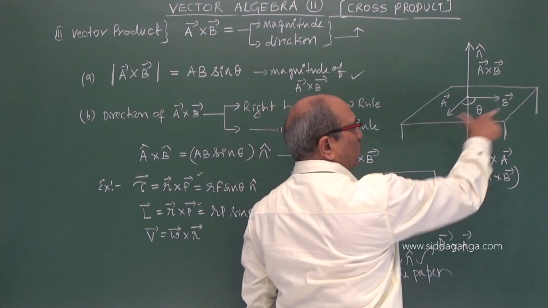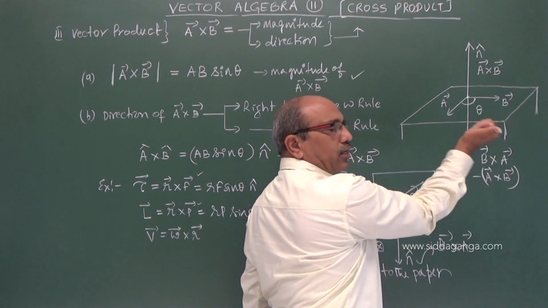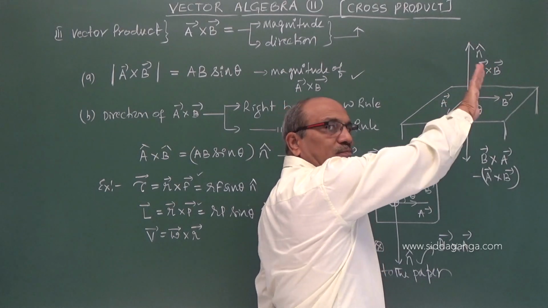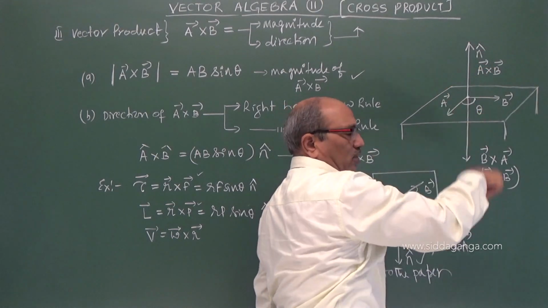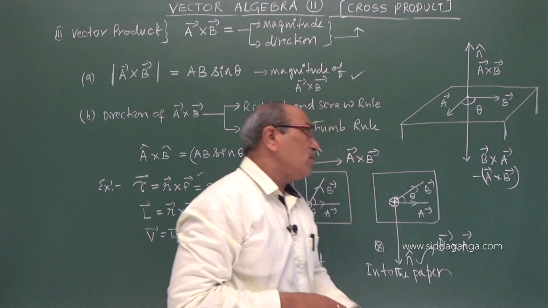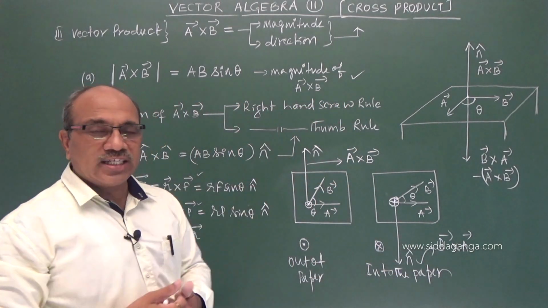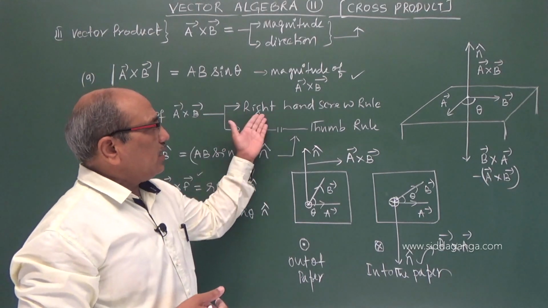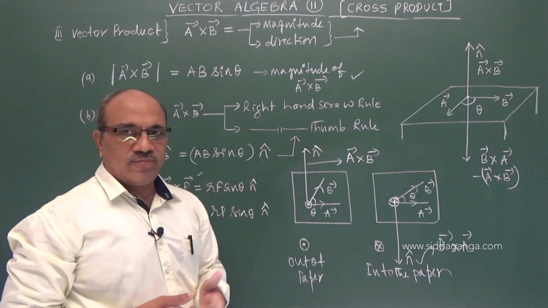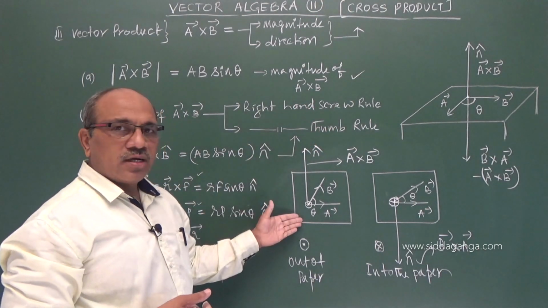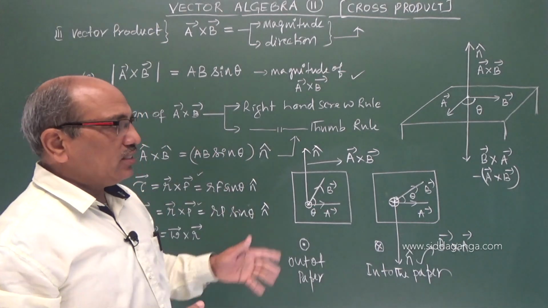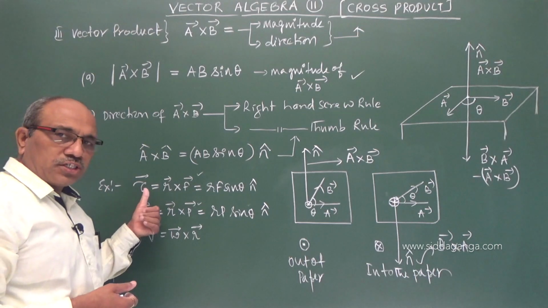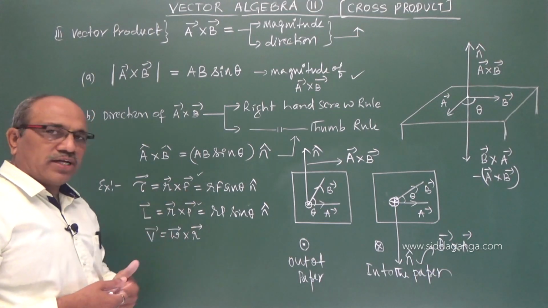Here also you can see A to B means out, that is upward. When you go from B to A, then it is downward. I think you have followed. Either of the rules can be explained. They can even ask it for 1 or 2 marks: state and explain the right hand screw rule or right hand thumb rule. Both give the same direction, and with the examples I quoted here, it may be the torque, the rotational force, radius vector cross force applied.